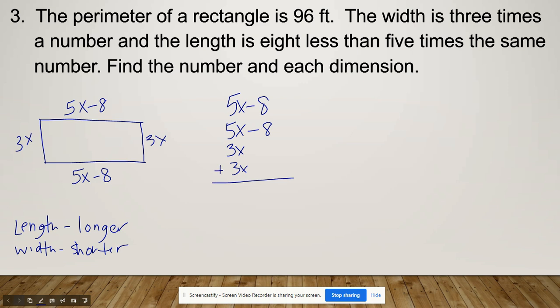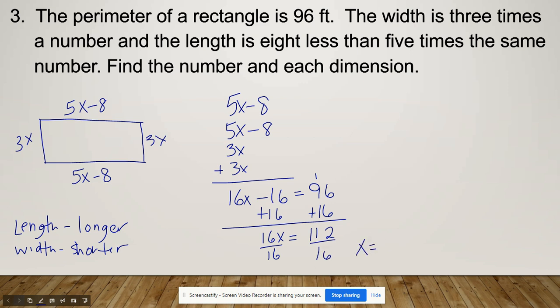5x and 5x is 10x, 3x and 3x is 6x, so we have 16x. Negative 8 and negative 8 is negative 16 equals 96. Add the 16, and 16x equals 112. Divide by 16,